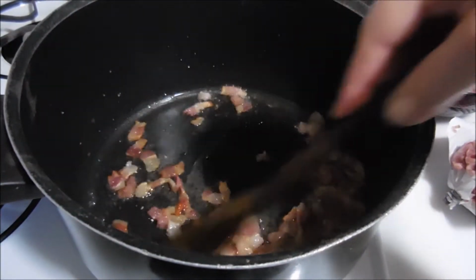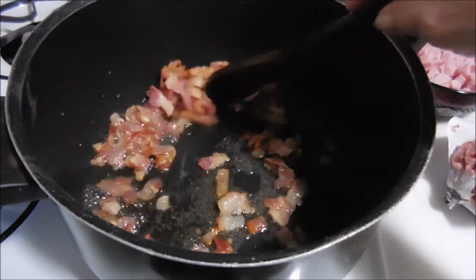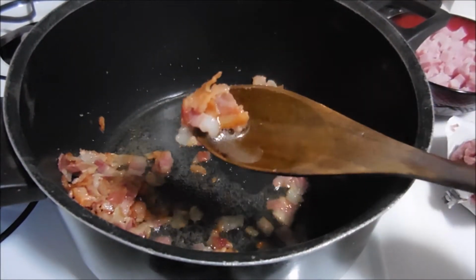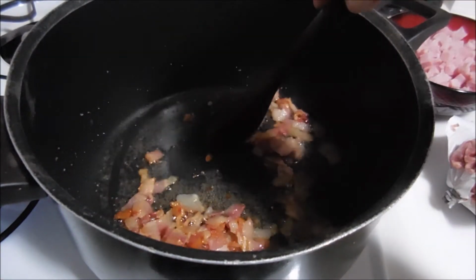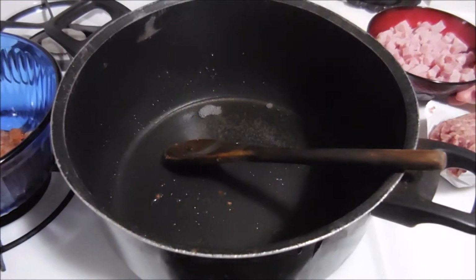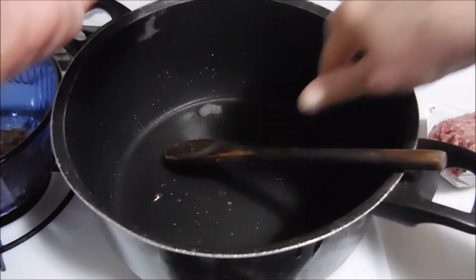Okay, the bacon is pretty much cooked. I don't want to get this too well done, but I think you can see they are slightly brown. So I'm going to remove this and I'm going to leave the grease behind to cook the rest of the meat with. Okay, now that the bacon is removed from the pan, I'm going to add the ham